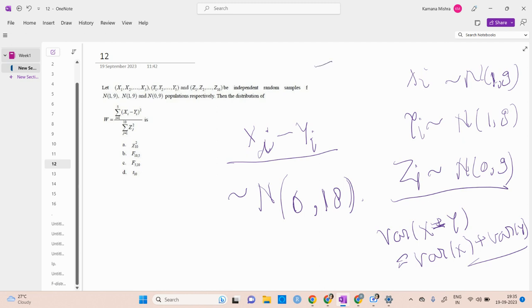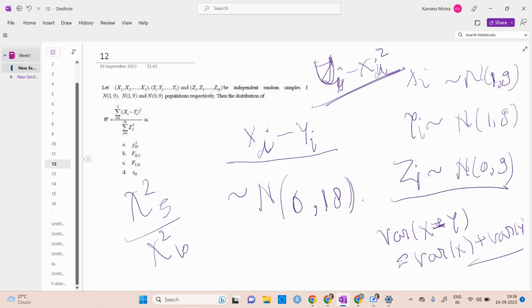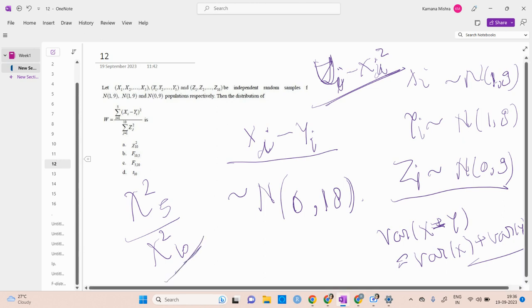So if we have any ui which is xi square, then it will follow what? The chi-square distribution. I have just told you earlier that this will follow the chi-square distribution. So the above one follows a chi-square distribution with degree 5, right? And the next one also follows a chi-square distribution. Zi is also a random variable and its square, this follows a chi-square distribution with 10. So what we know is that if one follows a chi-square distribution with this and another follows a chi-square distribution with this, then its division will follow